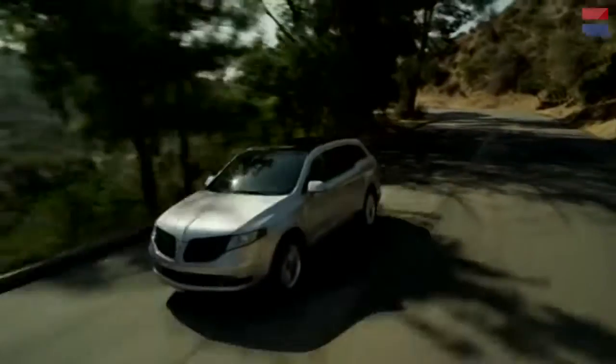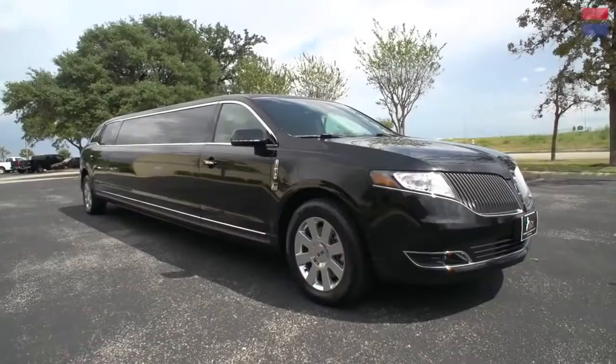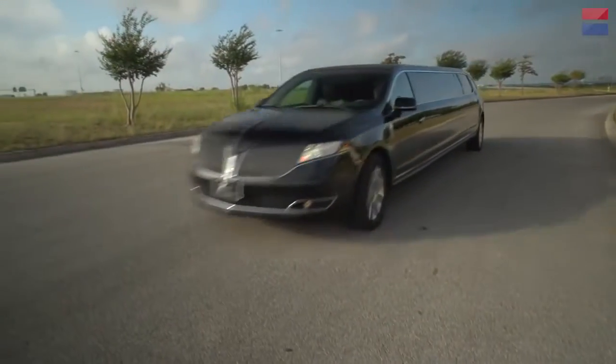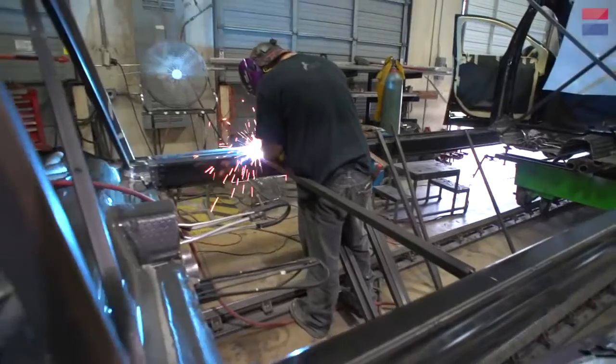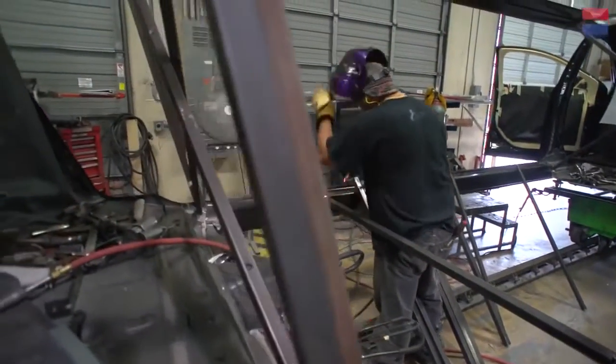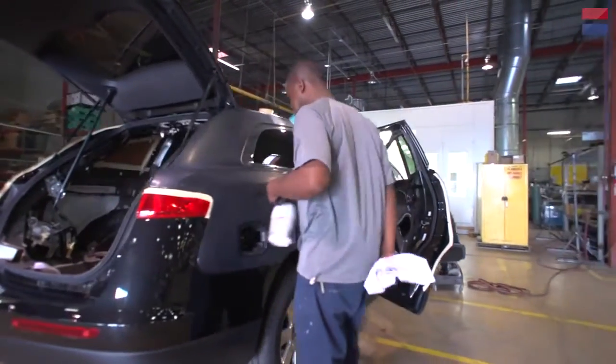Hi, my name is Todd Boyer. I'm the Chief Operations Officer for LCW Automotive Corp. Today we're going to show you how we take a Lincoln MKT Town Car and turn it into a 120-inch stretch Lincoln MKT Limousine. Located in San Antonio, Texas, and established in 1964, LCW Automotive have been customizing limousines for